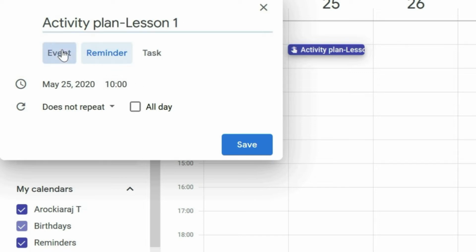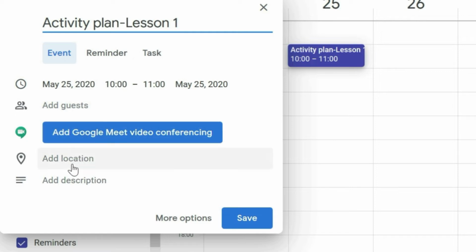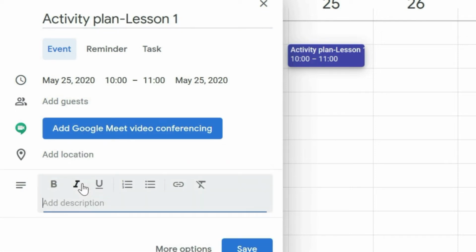You can continue this. So come to this, and here if you like to add any description, you can add. For example, in the previous video we discussed the teacher should prepare some checklist. So two checklists we suggested to the teachers. So checklist plan, something like that.